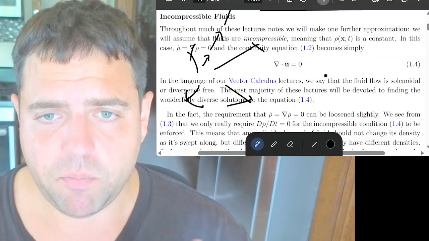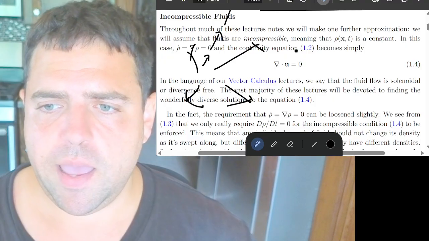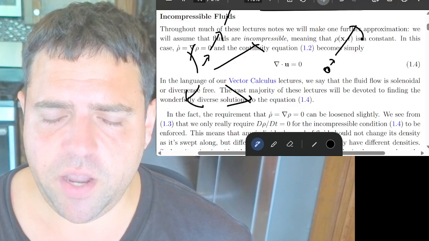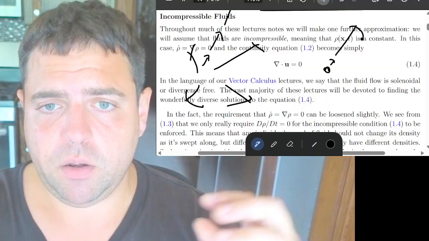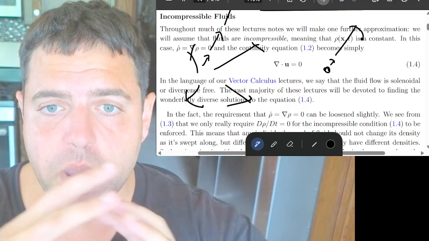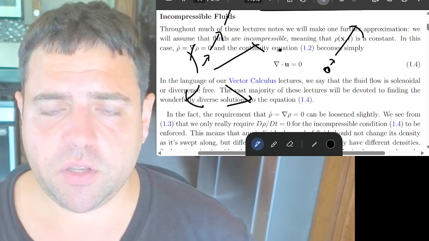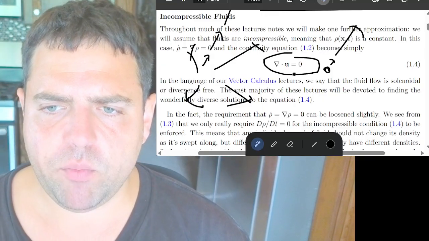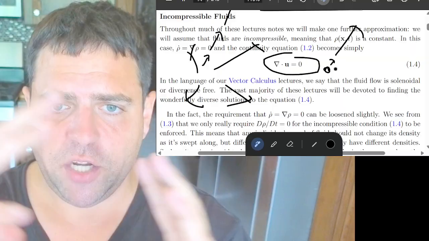Because were that allowed, think about a fluid, and then think about the center of the fluid right here. And the fluid is flowing very slow here. It's flowing really fast there. So if it's flowing really slow here and really fast here, there's going to be a strain, right? And that strain in a compressible fluid would actually make the region a little bigger and a little bit less dense. They're saying that that's not allowed. And that's going to lead to a consequence later called Bernoulli's law. But the essential requirement is that we don't want a stretching of velocity to be changing the fluid